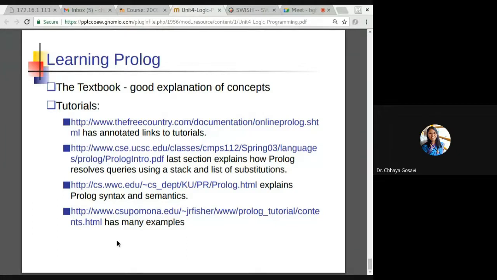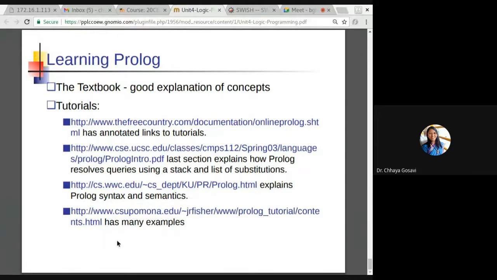Mainly what we have seen from Prolog is that it is a logical programming language. It is not like any other programming language where you have to define variables and call a function. It's not like a traditional language. It focuses on the problem and tries to find out the solution for that problem. It works on facts, rules, and queries. Facts mean the truth. You provide that this is the truth. A is father of B, or cat likes fish, or in this case, edge. There is an edge from A to B. So these are the facts.